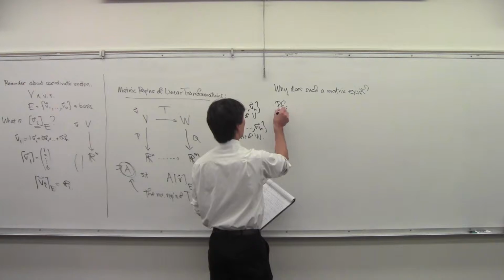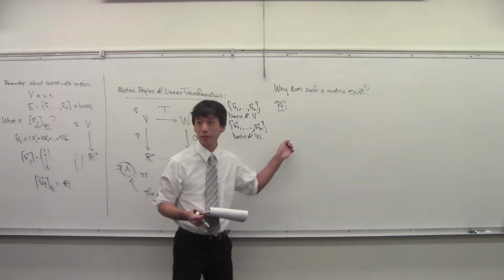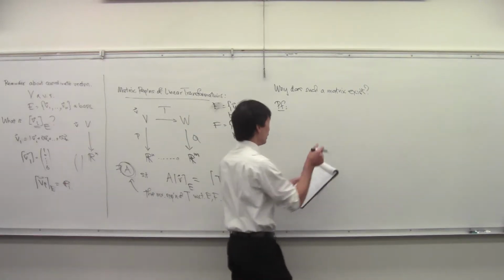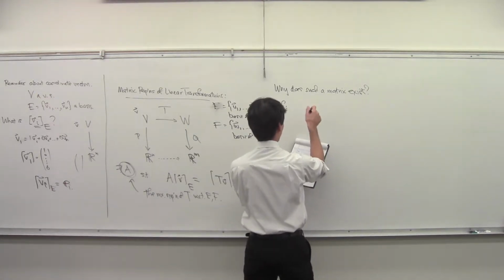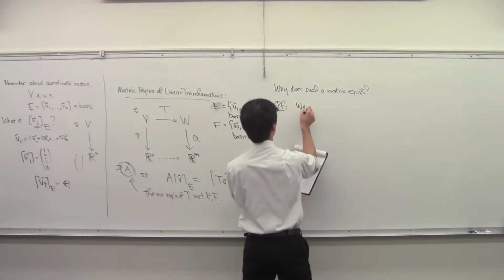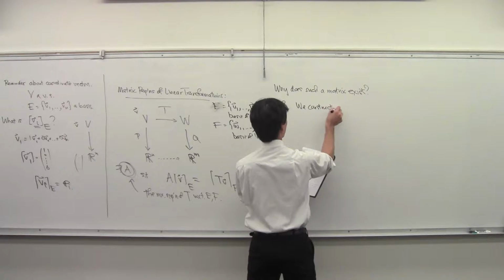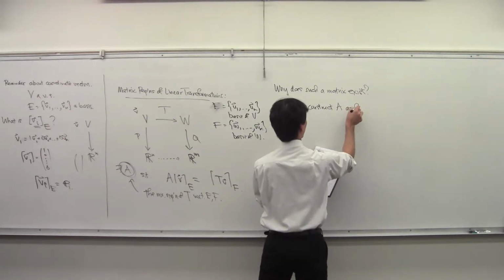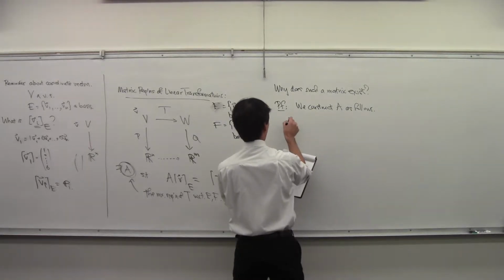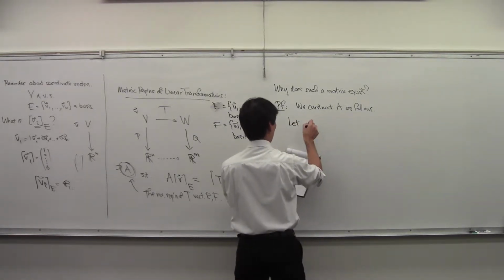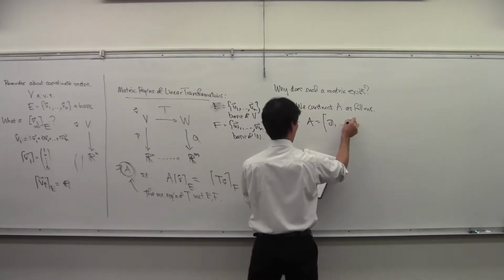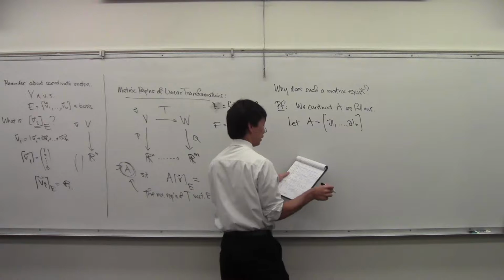So we'll do a proof by construction, just like we did last time. We're gonna make the matrix. We construct it. Construct A as follows. Let A be the matrix whose columns are, as usual, denoted A1 through AN, where